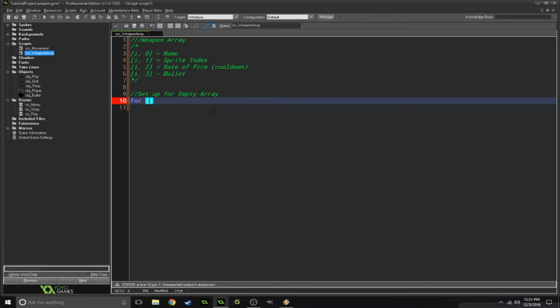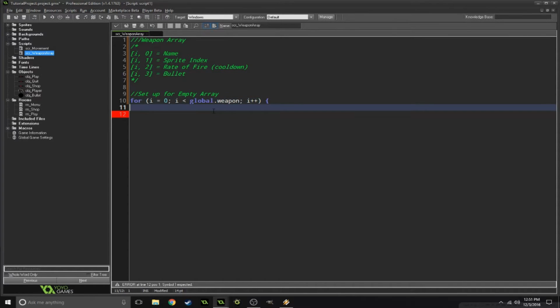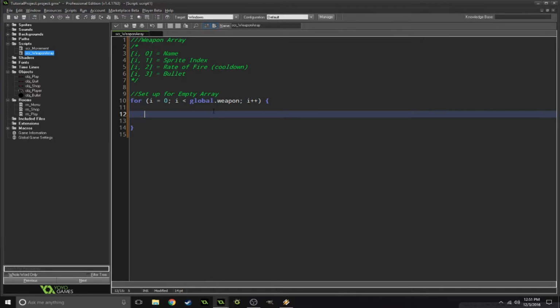Basically, if the first one isn't true, then it's going to look at the third one, and then the second one. So it's kind of like first in, first out type thing, I guess. So I equals 0, I is less than global.weapon, which we have to set up in the shop if we're going to make a small shop, which I already set up. So I plus plus. Now we have to set up a for in here too, so we're going to do another